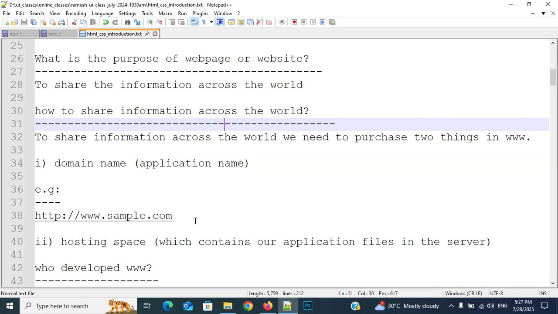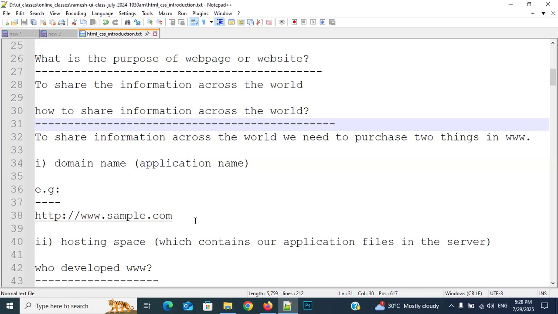Whenever you are writing the code, we are not able to execute it directly. We must save it. If you save anything in your computer, it will occupy some space, or not? For example, you have downloaded a movie. That will occupy some space in your hard disk, or not?